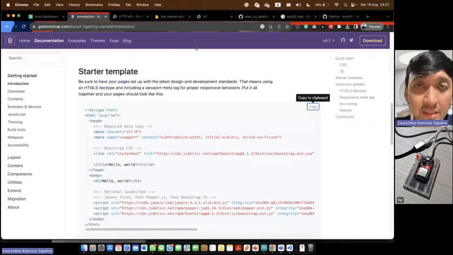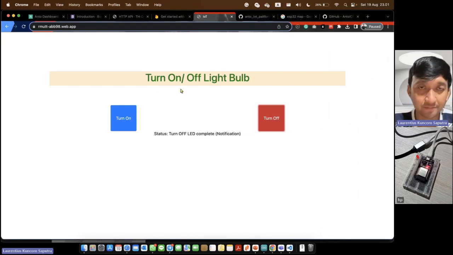We have a text here with one column, and we have 2 buttons. The blue button is to turn on the LED, and the other button is to turn off the LED, and also the status information. Yeah, the status information.